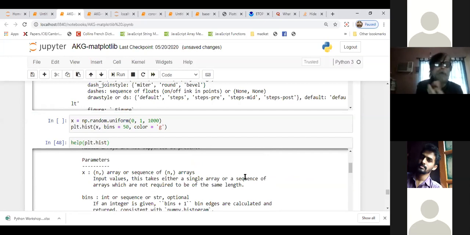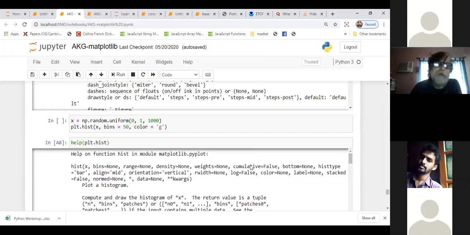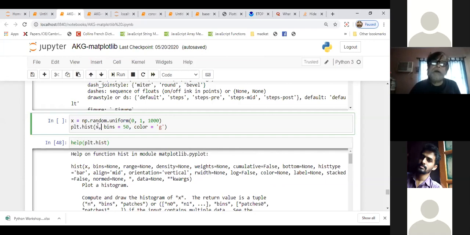Even if you do not understand, sometimes things are written in a jargonish way because it's written by computer scientists, so your Google is there, of course. You can search with some key catchwords. Anyway, if you do that, it will create a histogram where the bin number is 50.